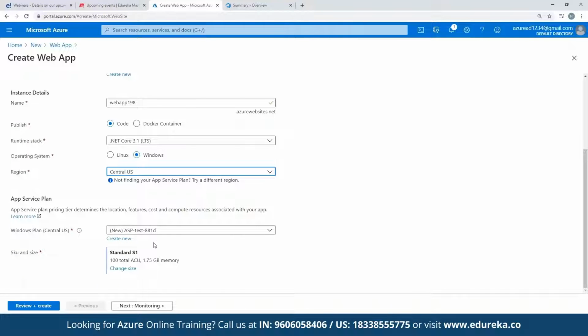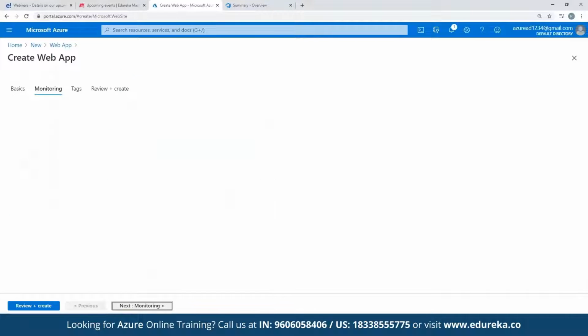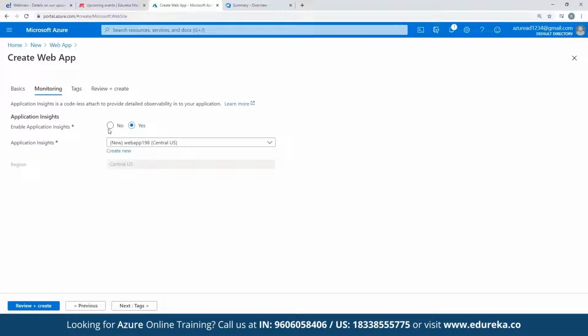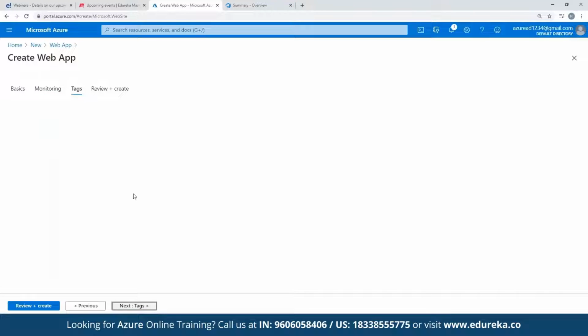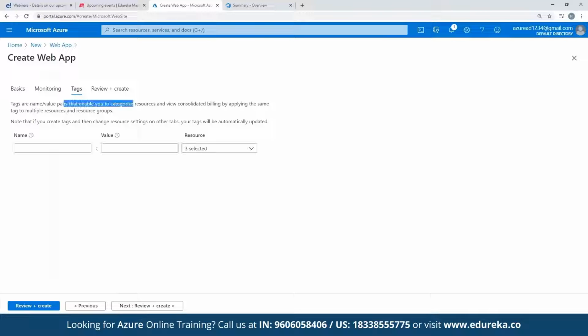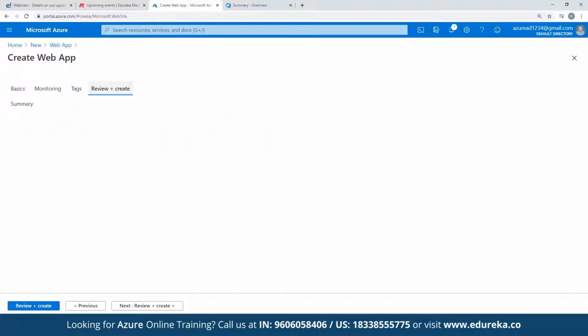Default app service plan is the plan where this web application will be hosted, right? There is something called the app service plan where you have 1.7 GB, 7.0 GB of memory available, and you can go to the monitoring part of it. For your web app monitoring, we have some options which we can select as well. Application Insights is one of the technologies where we have monitoring available, right? Tags are only naming values. If you want to put your tag for a value or add your cost center or organization's specific team group, you can just tag it to this web application which we are going to create now.